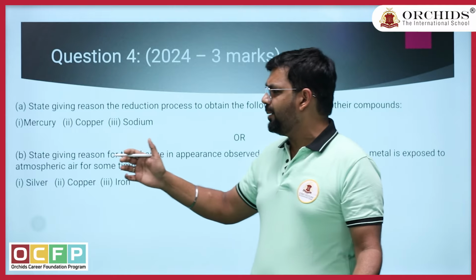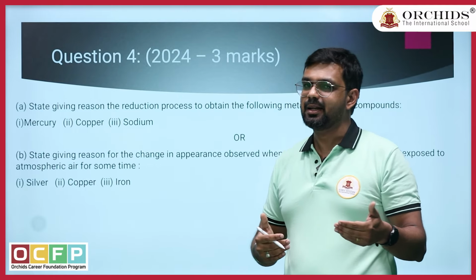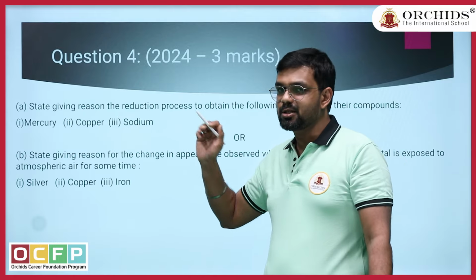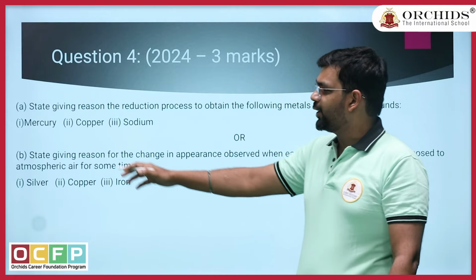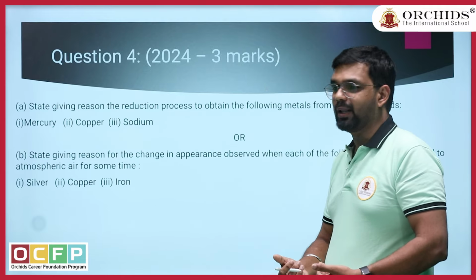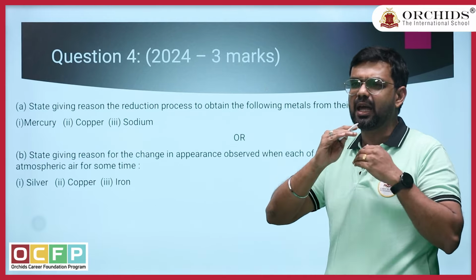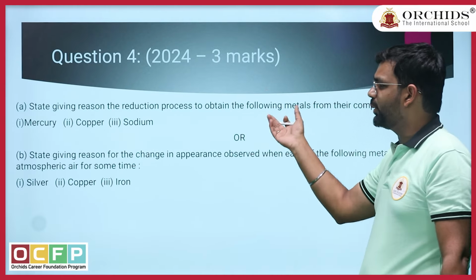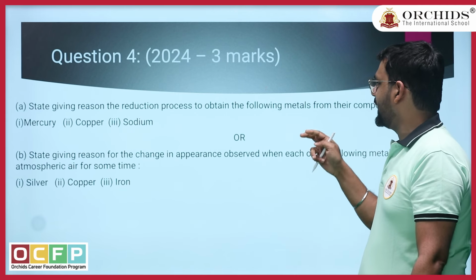We have the categories in the reactivity series, right? One is at the top, one is in the middle, the other one is at the bottom of the reactivity series. Now where do you think mercury falls? Where do you think copper and sodium fall? We all know mercury falls under the lower end group, while copper falls under the middle group. Basically it shows the nature of both the middle as well as the lower end. And sodium is at the top after potassium. So how can the reduction process help in gaining the metals?